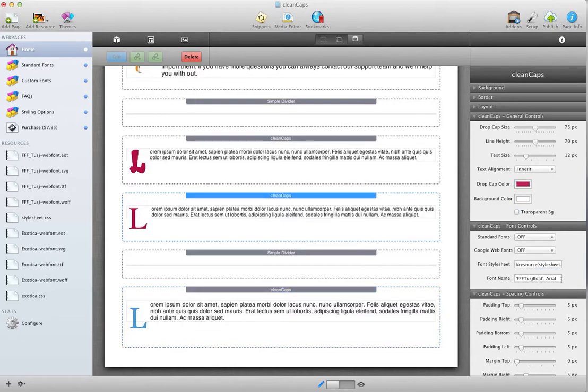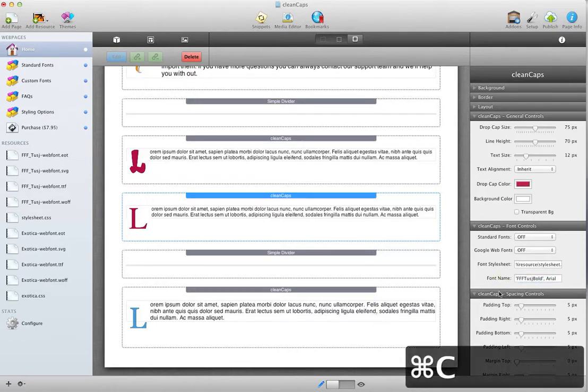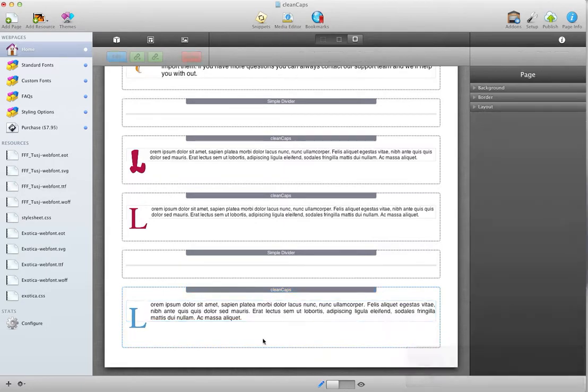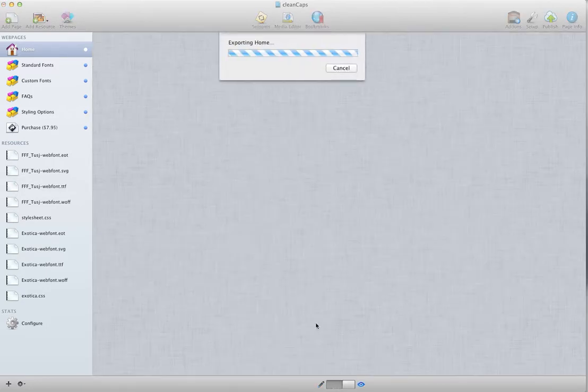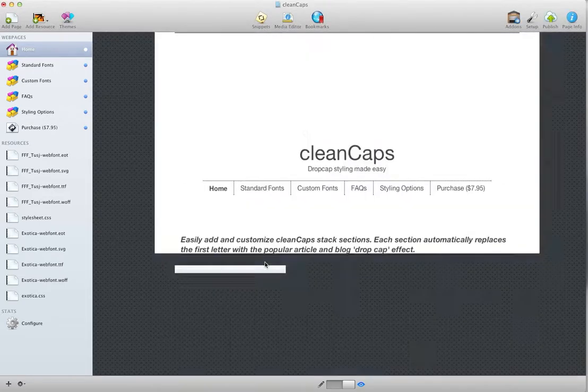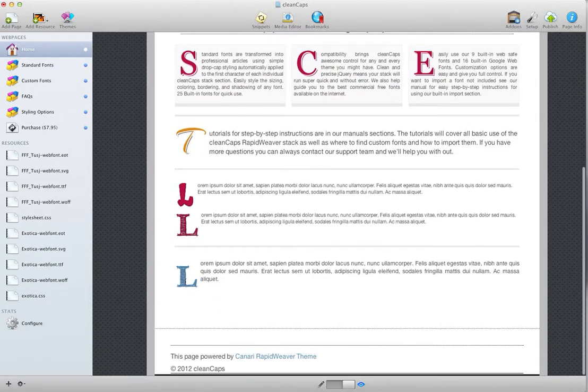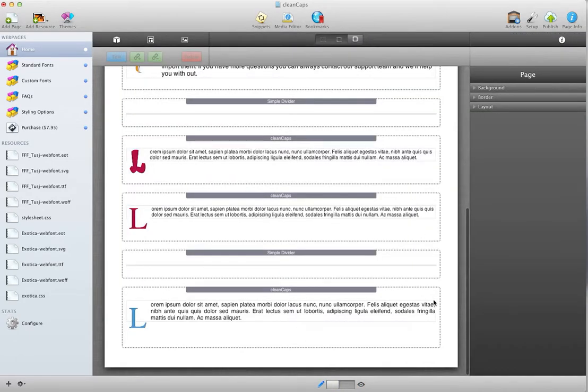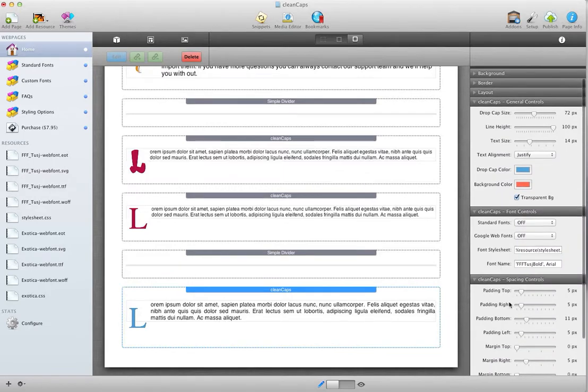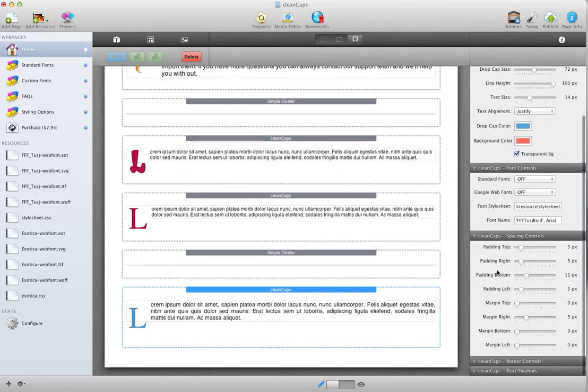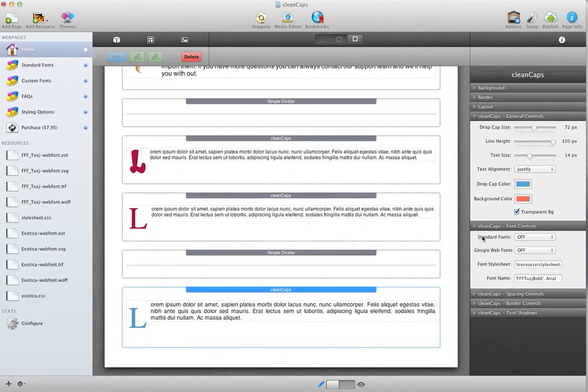Now we want the name of our font. So again, I'm going to take that name and I'm going to paste it right there. And we don't see it in the back end, but like I said before, just go to preview. We'll scroll down, and there we have the font that we uploaded. From there, I've already touched on padding and margins, which are very helpful if you need added space or want to control where or what direction your font moves in relation to the text. But I am now going to minimize that,